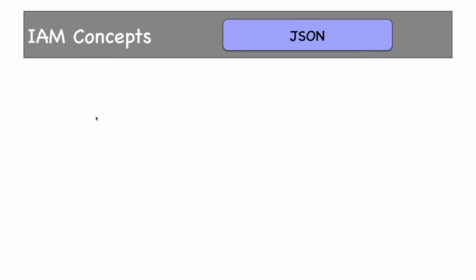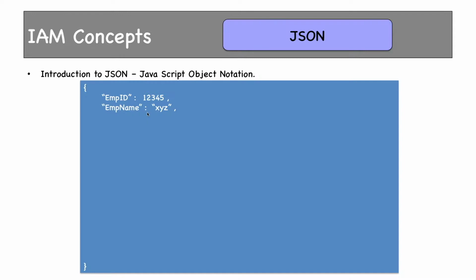Logically, our next topic should be permissions, but before that, we need to know a little bit about JSON. JSON is JavaScript object notation. JSON is a way to represent data, nothing more. This is how a record is represented in JSON. Columns in a JSON record are called key or attribute. It starts and ends with curly braces. Everything within these two curly braces is a single record.